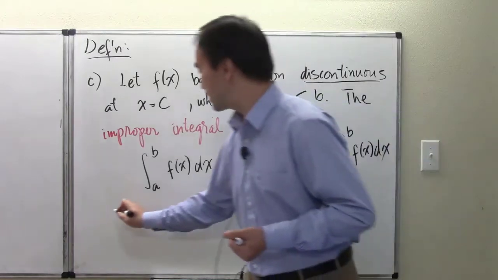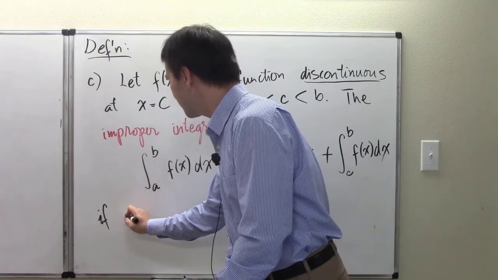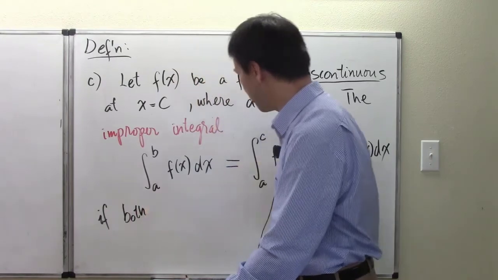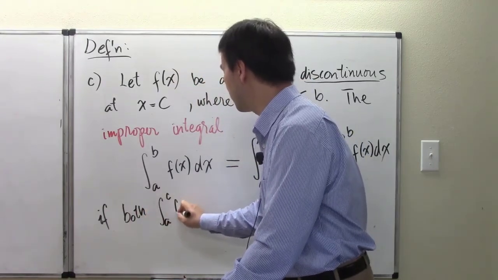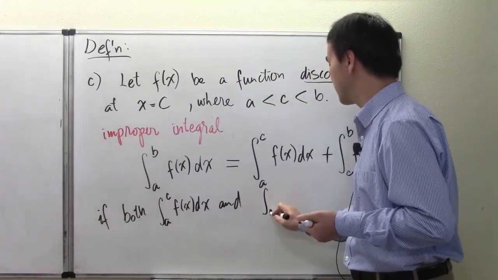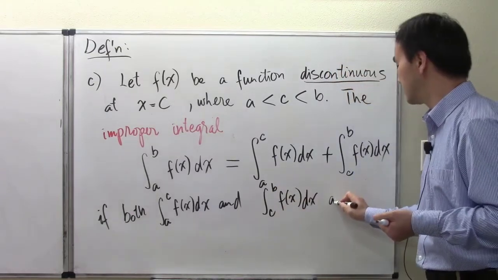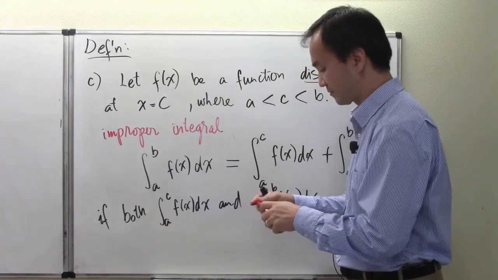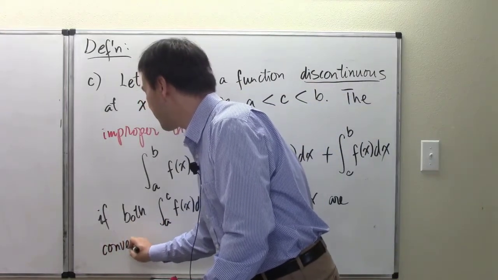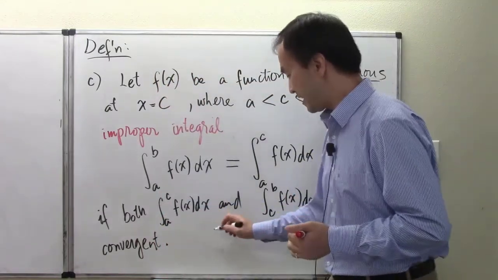Okay, but only equal if both of these integrals, from a to c of the function f of x and from c to b of the function f of x, if both of those are convergent. All right. And then in that case,